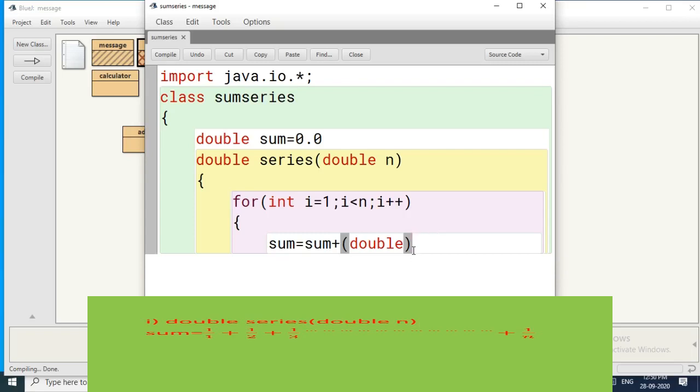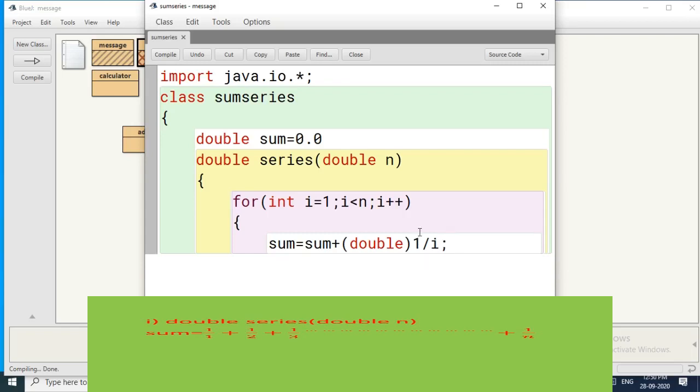Understood all of you? Okay, then write 1 by 1. How can you write? First you write the common 1 slash, then i, because each time it is varying: 1 by 1 first, then 1 by 2, then 1 by 3, like that. First time you will get the value of i equal to 1. Next time it will be incremented using i plus plus, then you will get 2, then 3. That means the first time you will get 1 by 1, second time 1 by 2, then 1 by 3, 1 by 4, like that it will work. Okay, then you will get all the values. Then put a semicolon. Understood all of you?